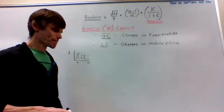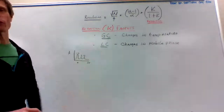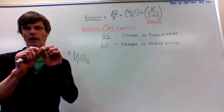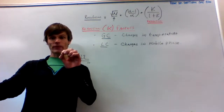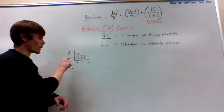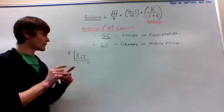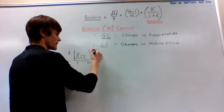So, changes we can make. One thing we can do for gas chromatography, as I said, we can lower the temperature. And if we lower the temperature, we're going to increase the time that's required for the experiment to occur. And it'll cause retention for our species on the solid phase, because now at a lower temperature, their vapor pressures are reduced. And in this case, if we reduce the temperature in GC,